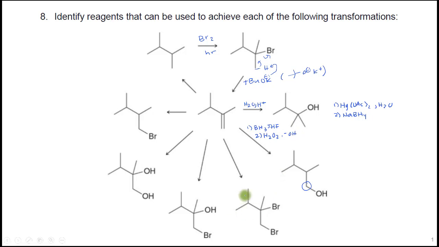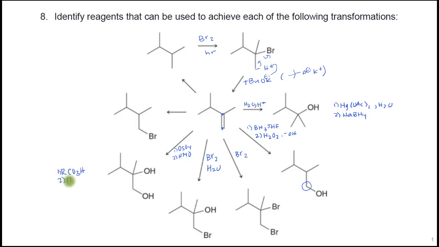In the next reaction around the clock here, we have 2 bromines getting added to the alkene carbons. So we use Br2. If you want to add a bromine with a hydroxy group, this is Br2 plus water. For a dihydroxylation, there's a couple of different options here. This stereochemistry is not specified, so you could use OsO4. Other options for this one is to use a peroxy acid,